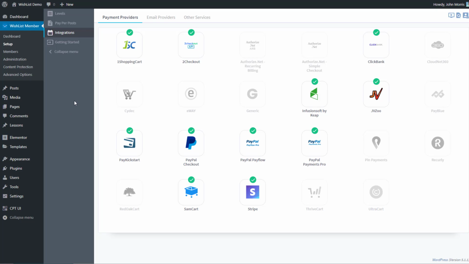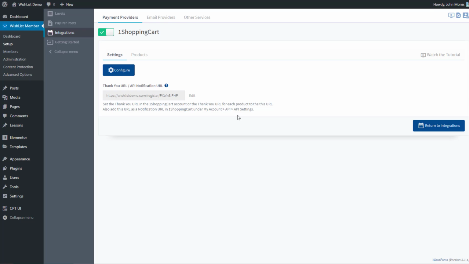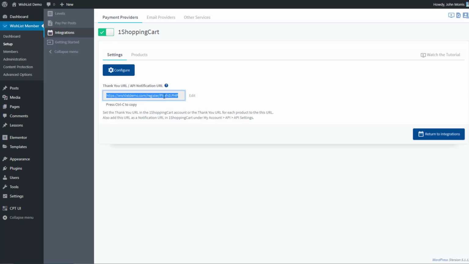In this video, we're going to integrate One Shopping Cart with WishList Member. To get started, go to WishList Member, Setup, Integrations, Payment Providers, and you'll see One Shopping Cart here. Just go ahead and click on that link. There's a couple things to do here. First thing we'll do is grab this thank you URL/API notification, and we'll copy that, and we'll